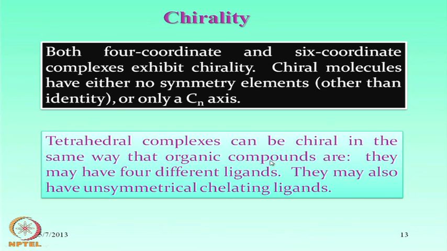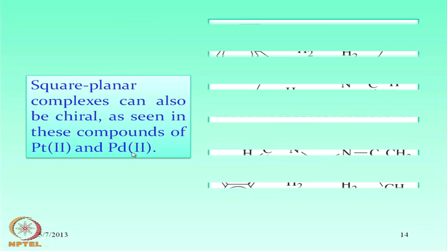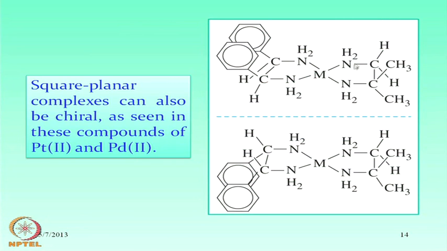That means, if we have a carbon center, and carbon we all know is bound to 4 other groups in tetrahedral orientation. In the same fashion, if we have a metal ion center and they have 4 different ligands attached to them, or unsymmetrically chelating ligands also, then that particular arrangement can give rise to a chiral center at the metal ion. Then the square planar complexes can also be chiral, such as the platinum and the palladium compounds of these 2 types, where this is the